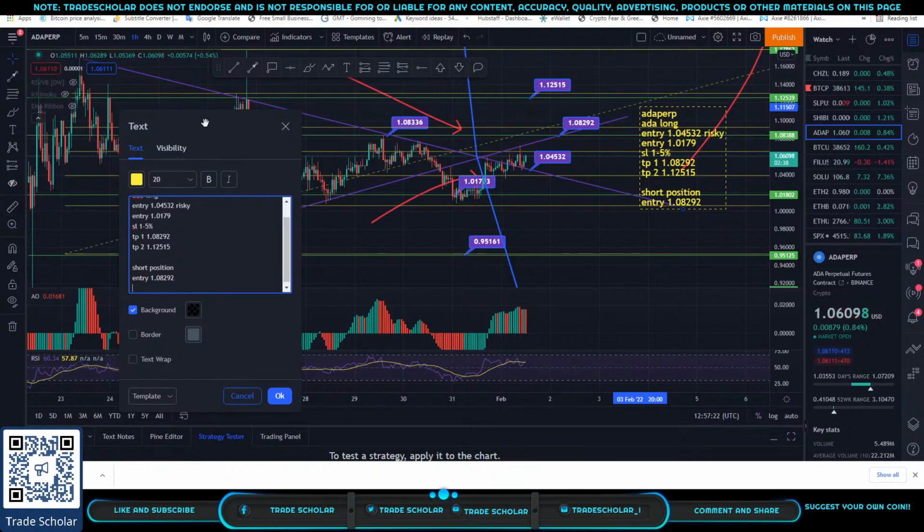1.08292. Okay? One is okay, that's one. Another entry will be 1.12515. SL 1 to 5%. TP1 1.04553. TP2 be 1.01793. Okay? TP3 be